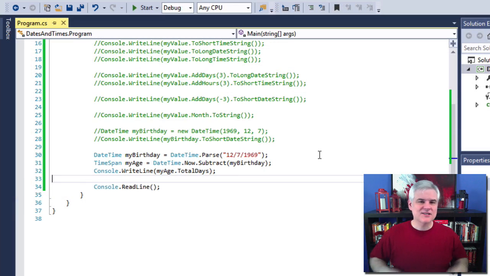All right, so there's a lot that we didn't cover. I mean, you saw that long list of methods and properties available in IntelliSense that we didn't even talk about. But I felt that the ones we did look at, they were common uses of the DateTime and TimeSpan objects. And I'll give you the same encouragement that I gave you at the end of the previous lesson. If you find yourself writing a lot of code to manipulate dates and times, then you might want to stop, look through MSDN or search online, because chances are the .NET Framework Base Class Library has something for you already